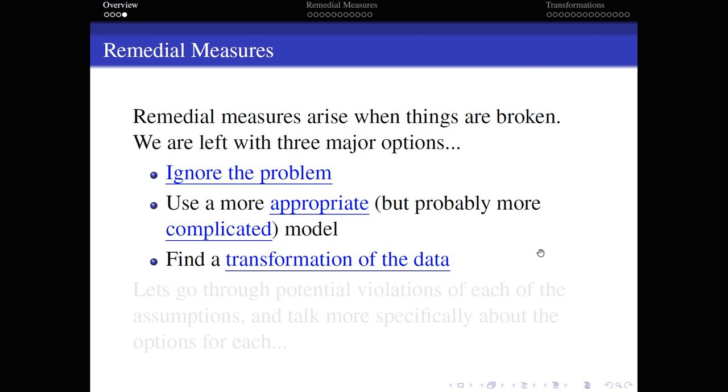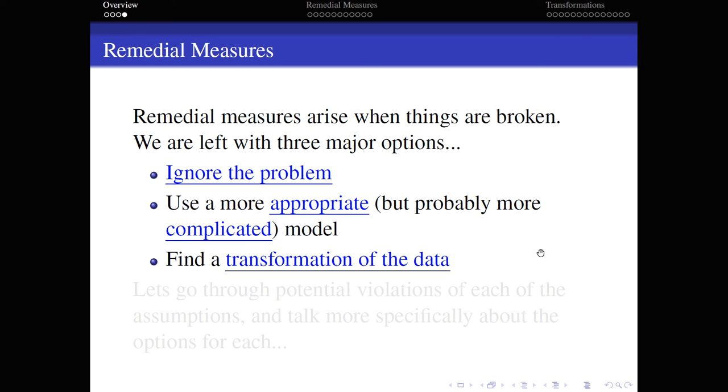The last option that you can typically do is look for data transformations. What we're going to end up doing is apply a function, and when I say a function, I mean think of square root or squared or taking the log of the data, and hope that after we apply the function, when we take a regression of the data,